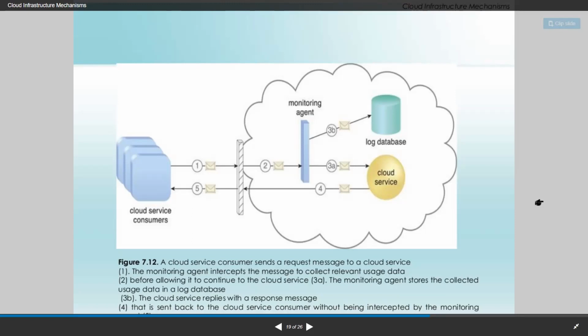And the monitoring agent is going to keep track of each and every activity, monitoring and checking against the database which is saving those activities. So there is going to be a complete monitoring of your activity with the help of your cloud monitoring agent, and that is your cloud usage monitor. We'll move to the next now.